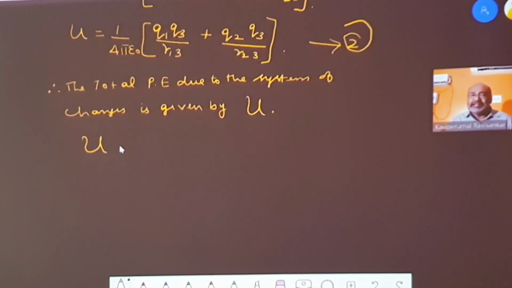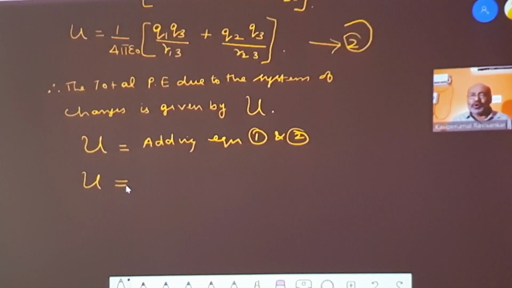See, this total potential energy is equal to adding equations 1 and 2. So add the above two equations. The total electrostatic potential is equal to, when you are adding both the equations, we will be getting finally as